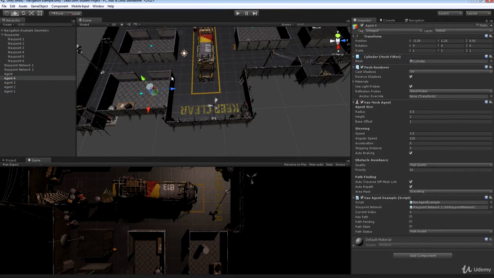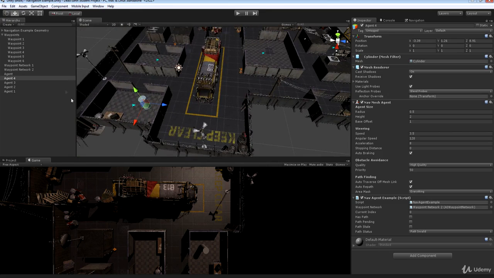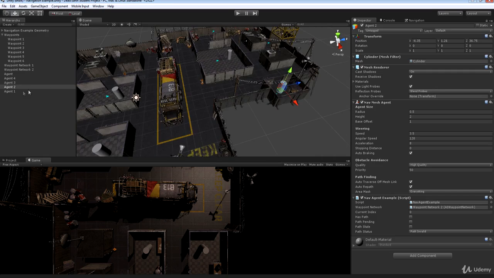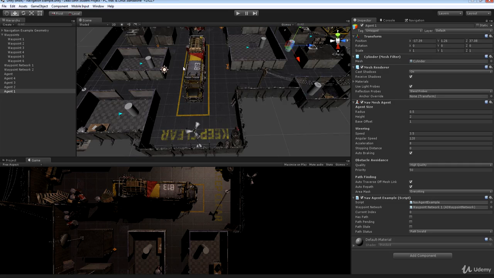At the moment they're all showing the same starting position, so we'll just spread these out a little bit so they don't all start in the same place. I'm pretty sure if I started with one of my nav agents completely off the nav mesh, that would probably give me an invalid path, right? I'm guessing so. And where else can I put this one? Maybe over there. Okay, so when I press play now,